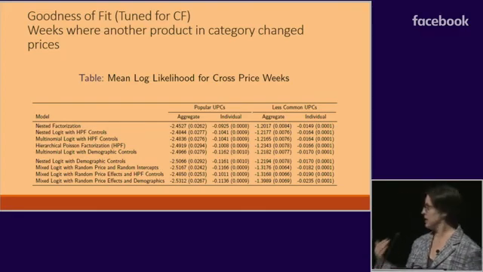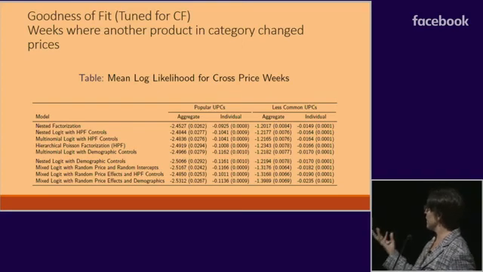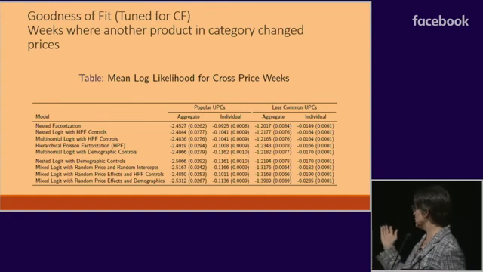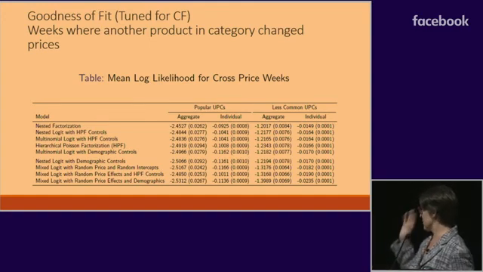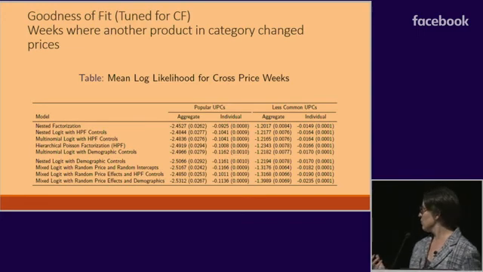And so what we did, this is just one of our goodness of fit tables, we looked at what happens in a week where another product in the category changed prices. So if one brand of bottled water increased its price, we looked at the goodness of fit of predicting what happens to the other brands of bottled water. We also do the same thing for out of stock and own price changes as well. And so we find that our model, of course, I'm showing you the picture, so of course our model does best. And we compare it both to traditional economics and marketing models,